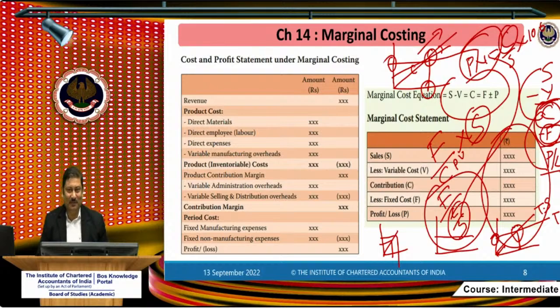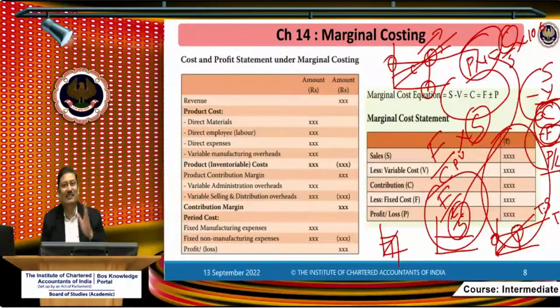So removing the seat belt is at that point of time where it is not required. That means we have reached the break even point. Above break even point, let's say 15,000 feet, we have reached the point where the seat belt is not required. Above that, maybe the pilot will be taking you to 35,000, 38,000, 30,000 feet. That part is known as margin of safety, where there is no problem unless there is some other turbulence, because you are above the cloud. So there will be no cloud issue and no belt zone. In marginal costing, that will be known as margin of safety.